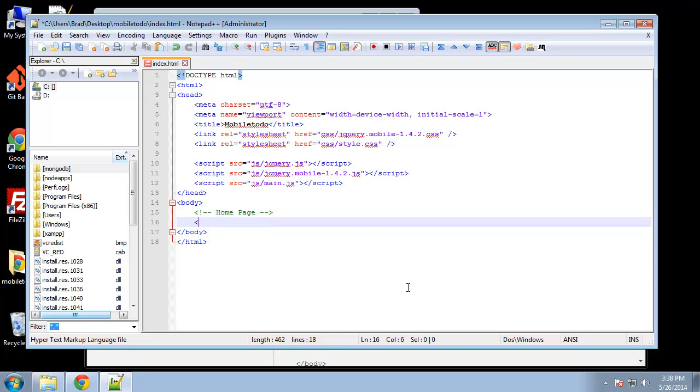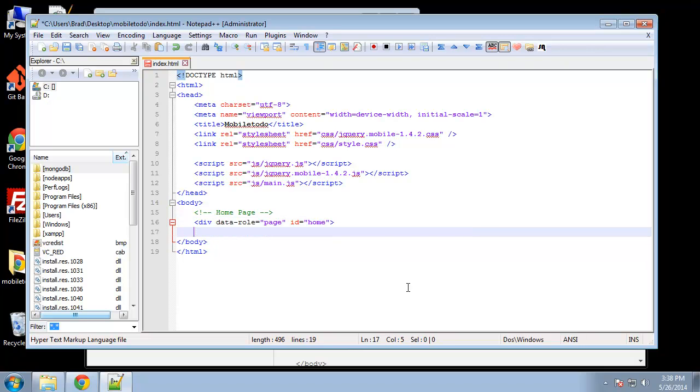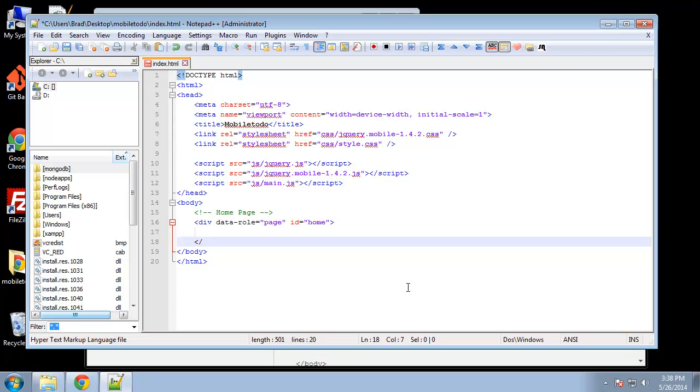Alright, so we're going to create a div and create a data role attribute, and that's going to be set to page, and we're also going to give it an ID of home. And the home page basically is just going to have the list of tasks or to-dos,